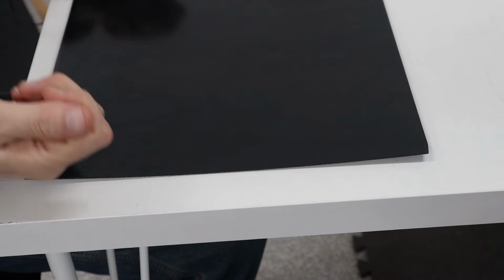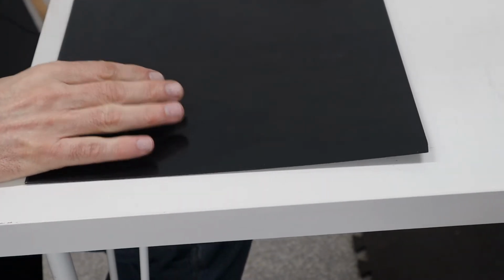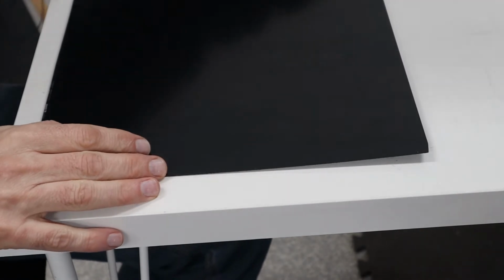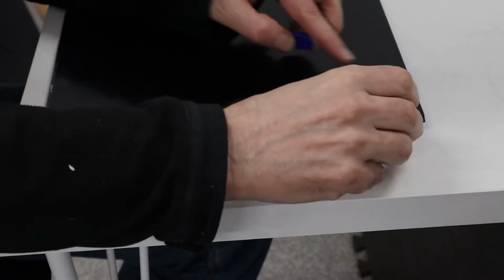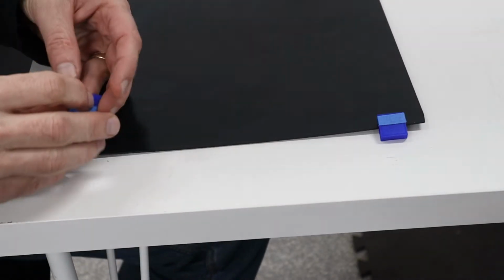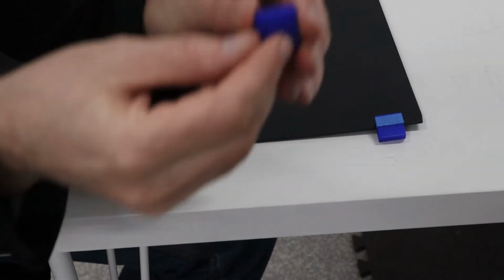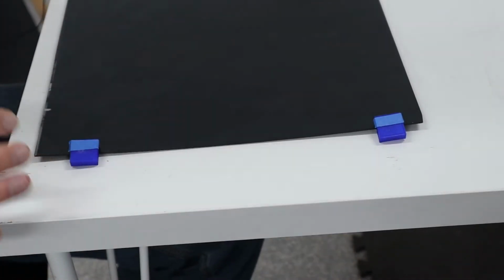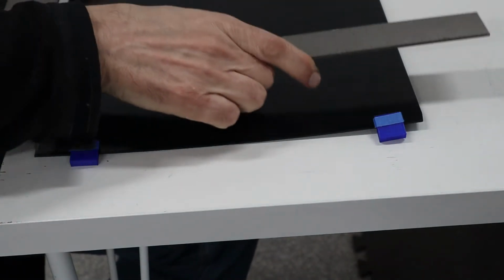And the two together, when they're attached, form just the right curve for your headband. So let me show you the process that I use. I have these 3D printed spacers that give me the correct width here. They have a little lip on them, and they're set to 10 millimeters, which is the width that I want for each of the